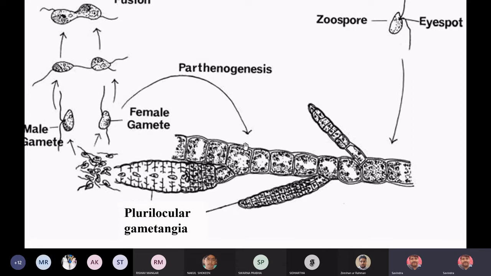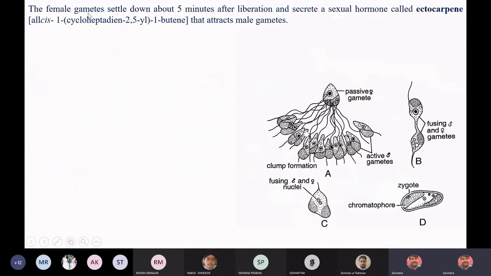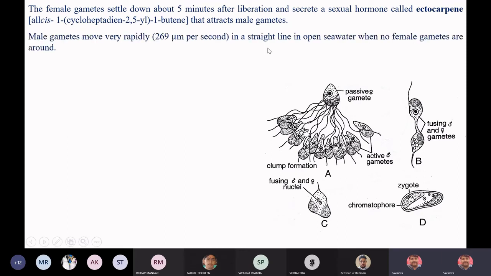तो अगर कोई पूछता है what is the meaning of parthenogenesis in Ectocarpus, you will say when gametophytic structure is developing from the female gamete instead of mitospore or meiospore, then this is known as parthenogenesis. The female gamete settles down about 5 minutes after liberation and it will secrete a sex hormone, उसको बोलते हैं ectocarpin, and this ectocarpin will attract the male gamete, और मेल गैमेट विल मूव वेरी रैपिडली 269 माइक्रोमीटर